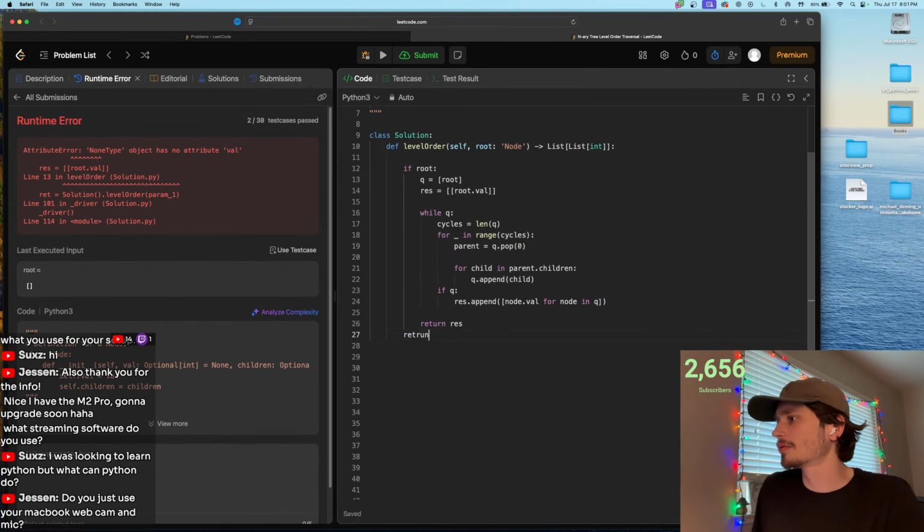Jessen says, do you just use your MacBook webcam and mic? Yeah, I just use the MacBook webcam and mic. It's honestly this generation of MacBook, the M3, M4 mic. The M4 I think even has a little bit better of a camera, but it's to the point now where the built-in stuff on Apple is actually decent enough that you kind of don't need anything else,